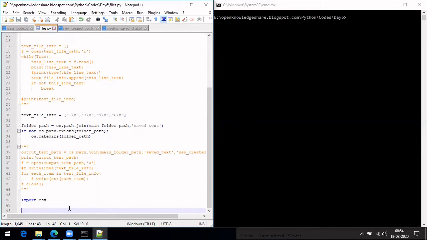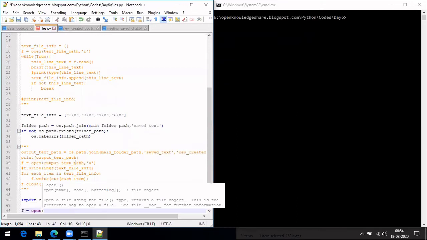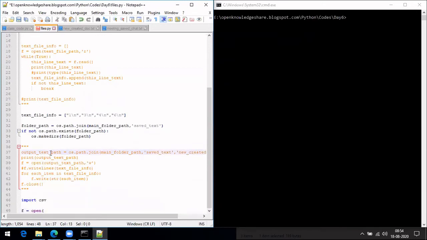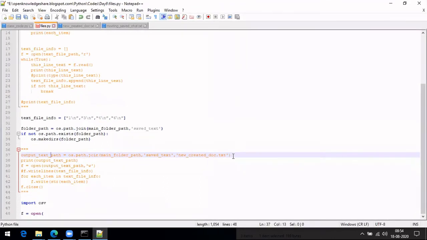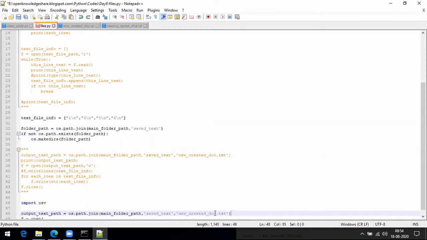Okay, so once we do this, then in the same case, just like a text file, we have to, let me keep it bigger. Let's create a file with .csv.